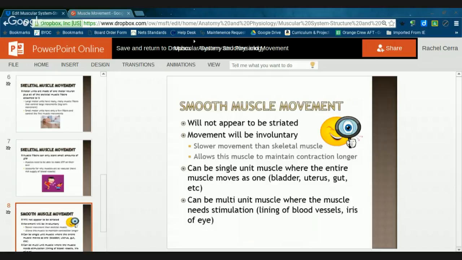So the muscles that line the inside of your bladder, that line the inside of your esophagus or your intestines, all of those are going to be smooth muscle. We don't control them, but you need it because you have to be able to move urine through you, or to be able to close off the bladder. You have to have that smooth muscle lining the inside of your bladder, so you can, number one, expand, but also so you can keep the bladder closed. We have some control over that kind of muscle, but